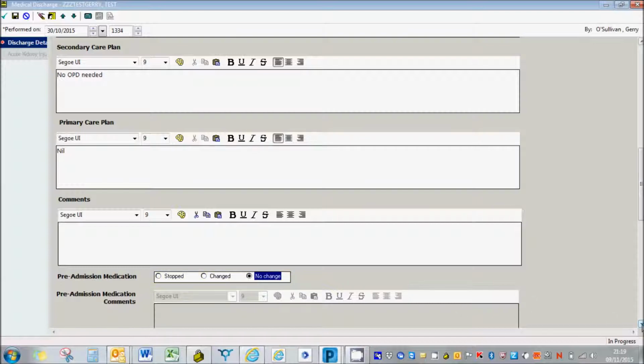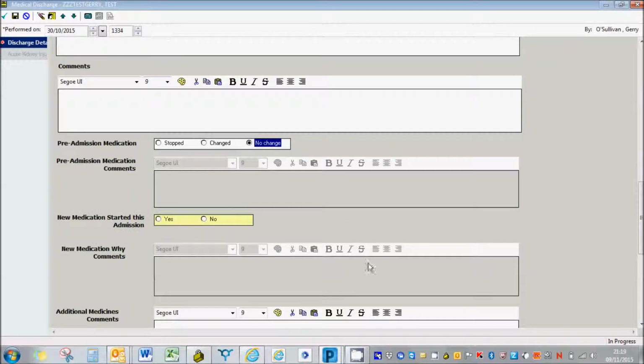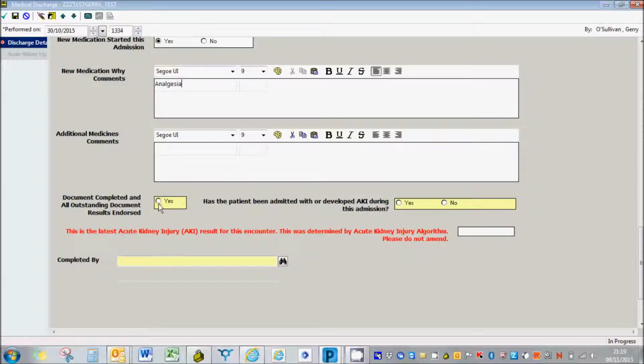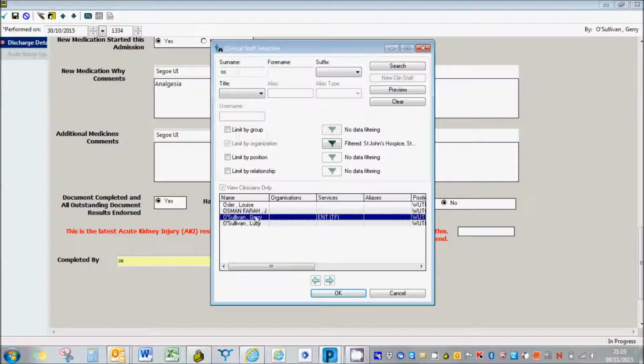No medications have been changed. We haven't started anything else except analgesia. Everything has been signed and sorted beforehand, and the patient certainly hasn't had an AKI problem. I then complete it. I pick my own name,